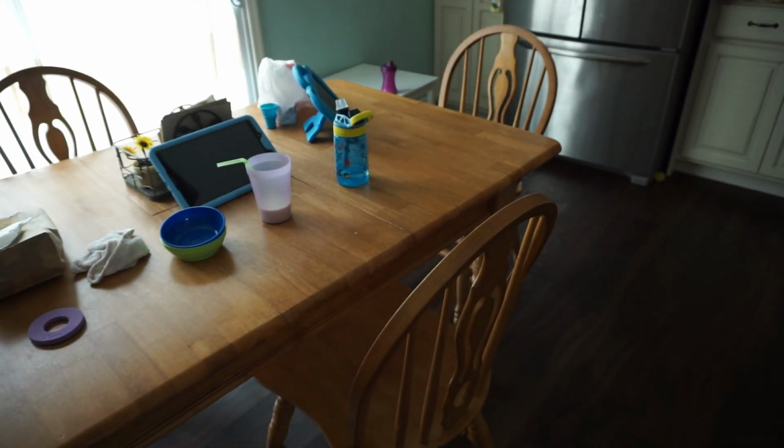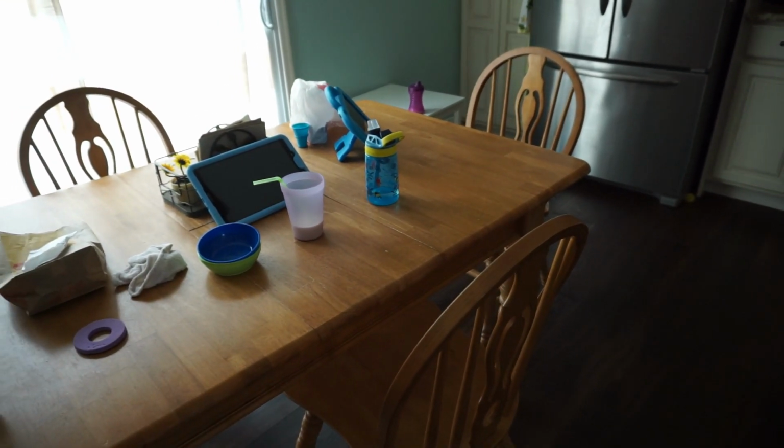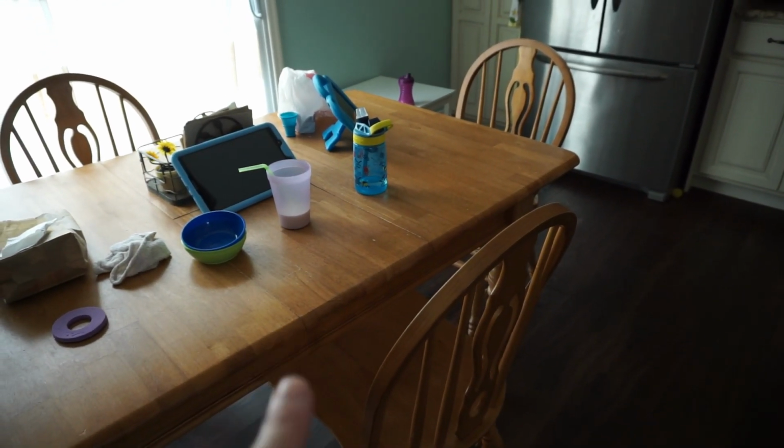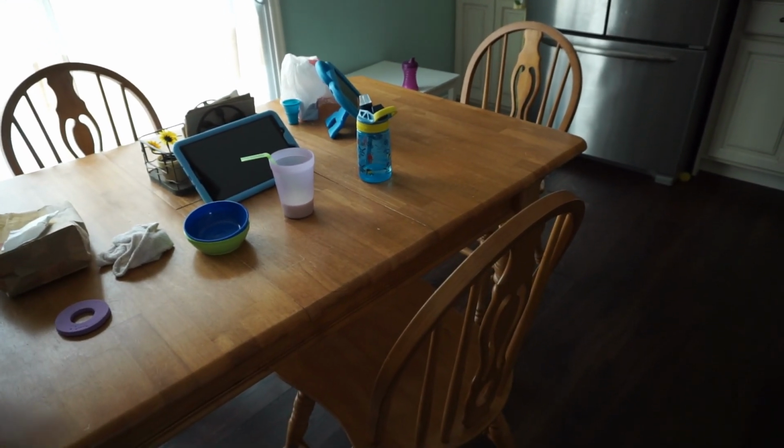One thing I'm going to do is switch the tables. I'm going to switch this table, and don't mind the mess. It's like breakfast mess. Haven't cleaned anything up yet. I'm going to switch this table with the table in the playroom, which was our old kitchen table. I'm going to put the old kitchen table back out here because this one is one I got on Marketplace,